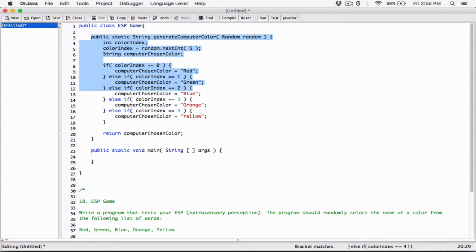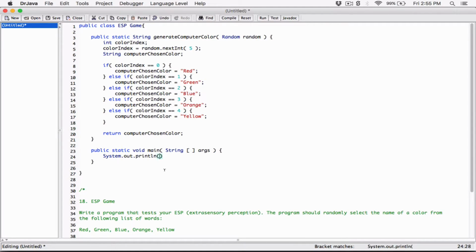So when we call this method, we pass in an appropriate random object. It's going to use that random object to generate a random color, assign a word to the computer chosen color variable, and then return that computer chosen color as the color that the computer chose. We can test it in main and say